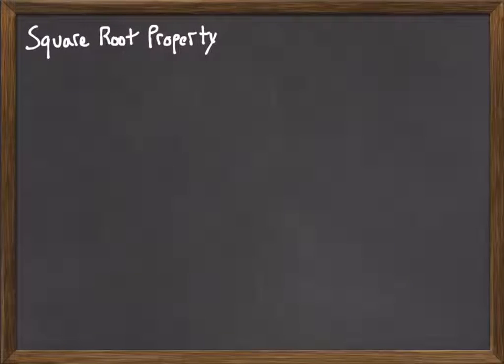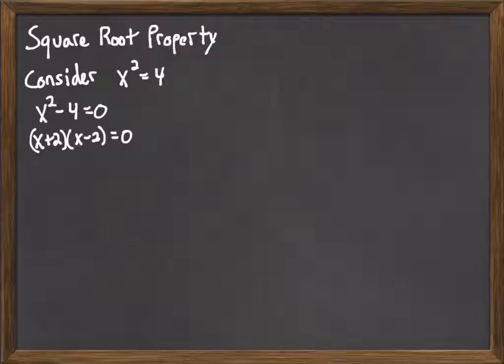Okay, so in this video we're going to start to look at what's called the square root property, using that to solve equations. So first consider the equation x squared equals 4. Now this is an equation that we have solved before. We can set it equal to 0, and then we can proceed to factor the equation because it's the difference of squares. Right, and then we can solve each of those two linear equations, and we get our answers: x equals -2